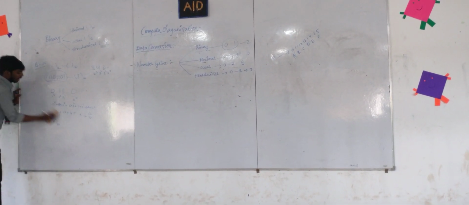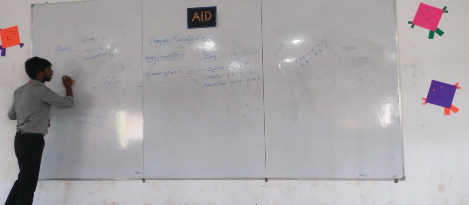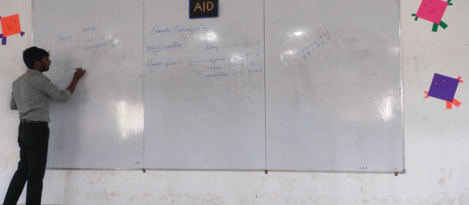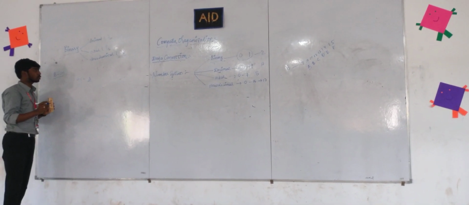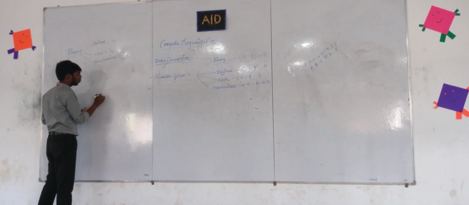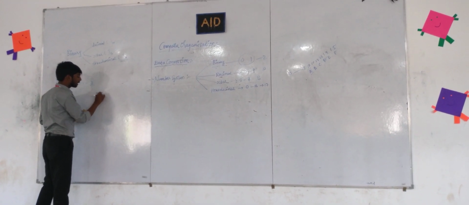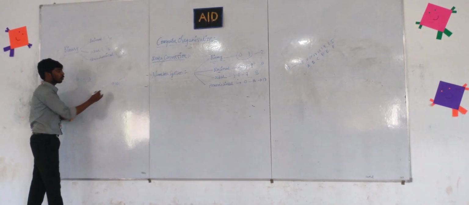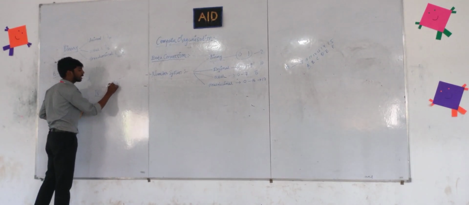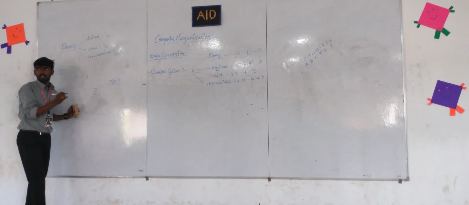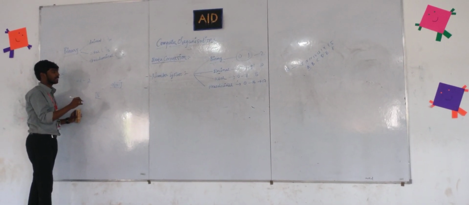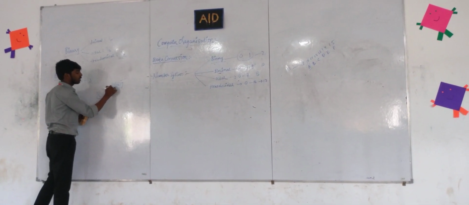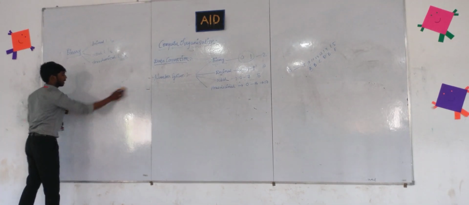Before octal, a point I want to remind you all is that octal will take 3-digit binary numbers, which means octal will have 3 spaces. For example, I have taken this binary code. If you want to convert it into octal, you need to take only 3 spaces. We've already read it in DLD, right? And if you want to convert it into hexadecimal, you need to take 4 spaces. So now let me give an example.